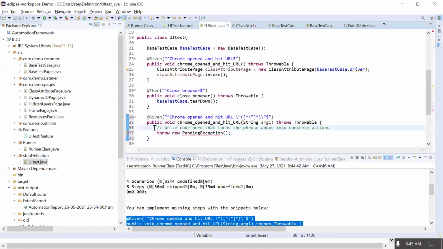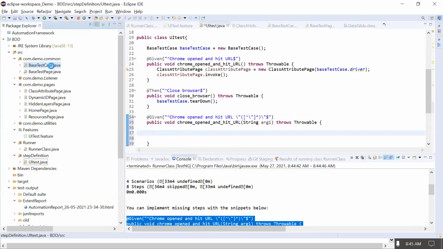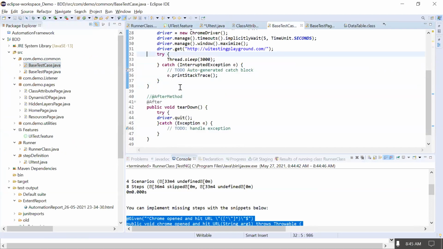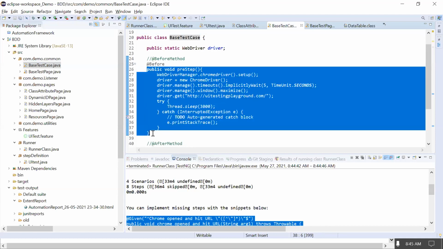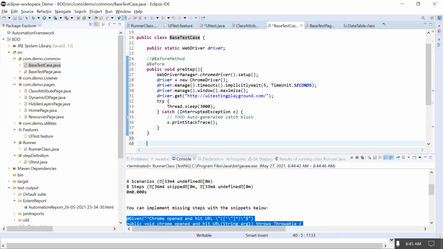Now how to implement this. To implement this, I'm using the existing method from the previous framework. I just copied all the things from the previous framework here. I will just call the method here. I have written the driver installation as the test case in this class, but if I call this, it will be called with the hard-coded value. So I'll create one method here. I can create it anywhere as per my requirement. I'm creating it here only.